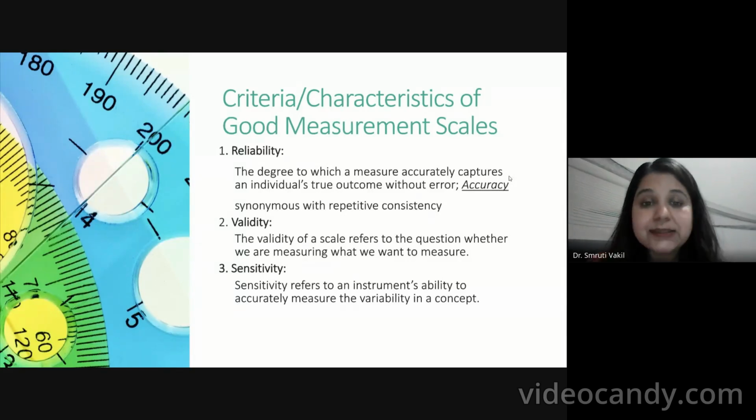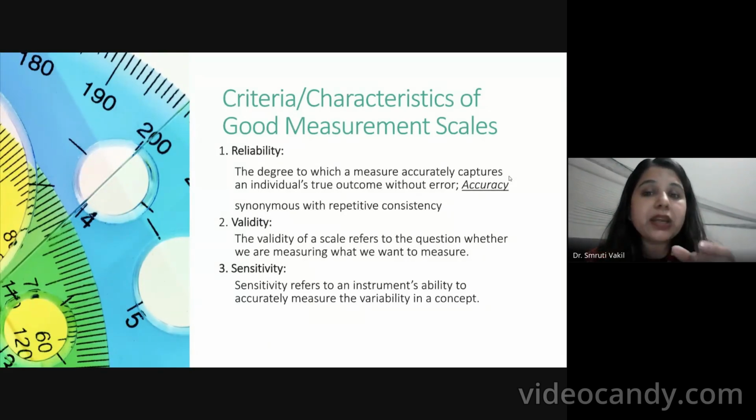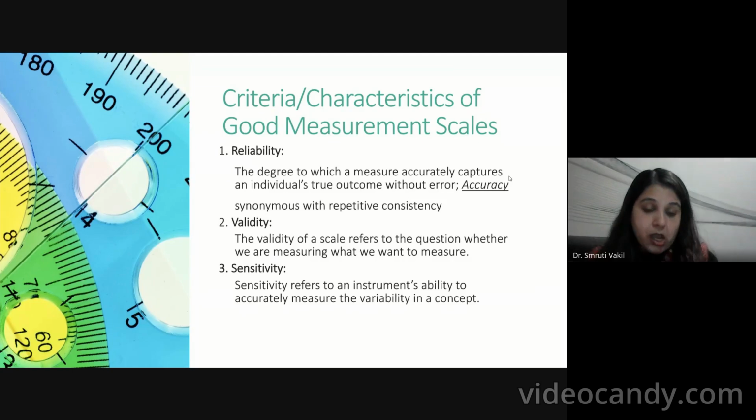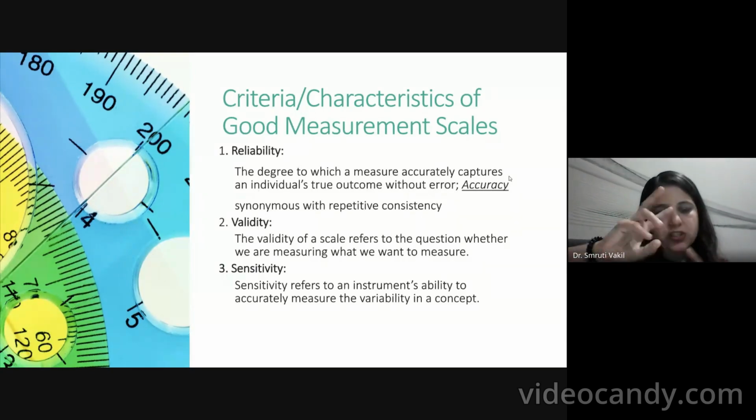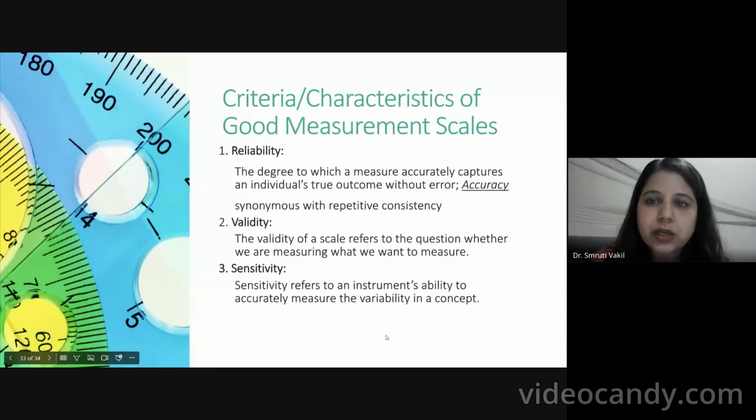Now, third is sensitivity. Sensitivity refers to accurately measuring the variability in the concept. Meaning if I have 10 statements in the job satisfaction scale, if I reduce one, how much is the variation in the answer? That will define my sensitivity. But most of the researchers just need to go for reliability, and if that reliability is there, you can definitely use that particular scale into your